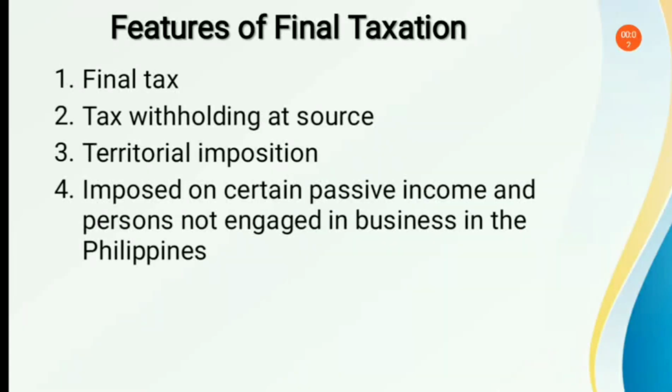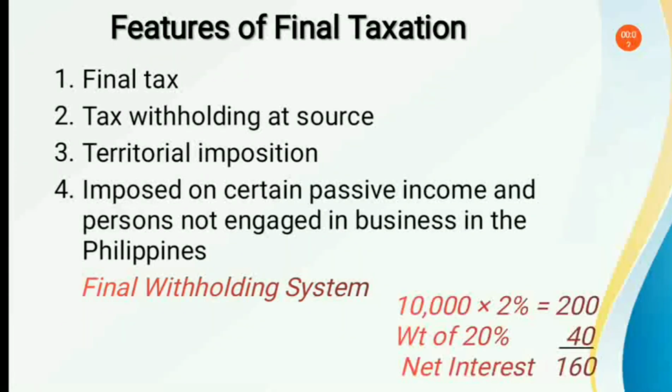We have this term in taxation na final withholding system. So, under the system, kung sino yung magbabayad ng income, siya yung may responsibility na mag-withhold ng tax. For example, sa bank, let's say si depositor nag-open siya ng certificate of time deposit worth of 10,000 pesos and then the term is 1 year. And let us assume that the corresponding interest rate for that is 2%. So 10,000 pesos times 2%, that is equal to 200 pesos. So, etong 200 pesos, ito yung interest income na babayaran ni bank kay depositor.